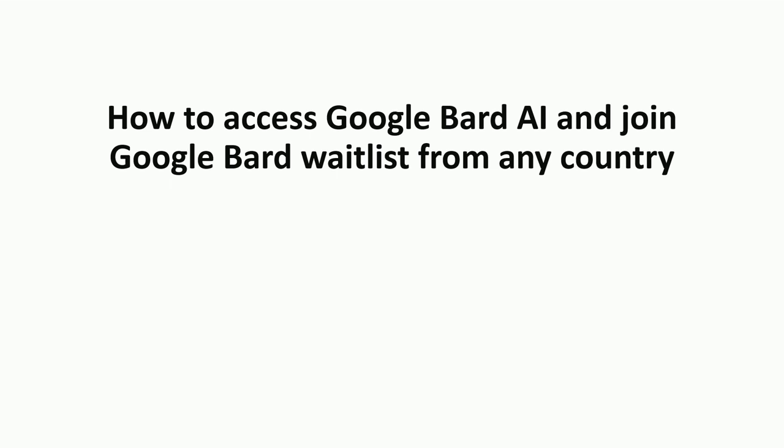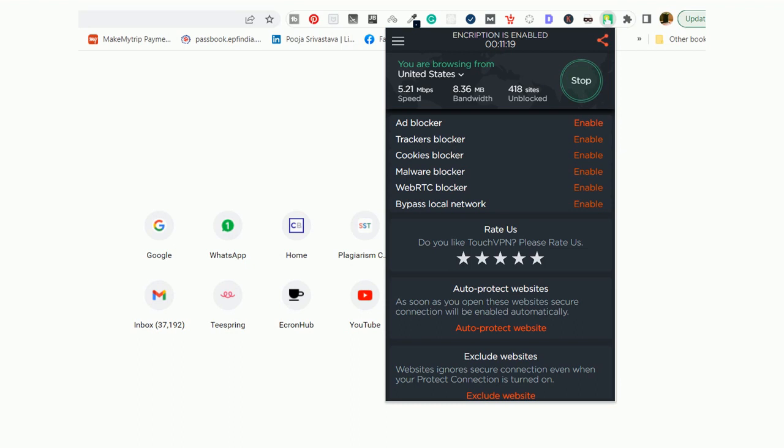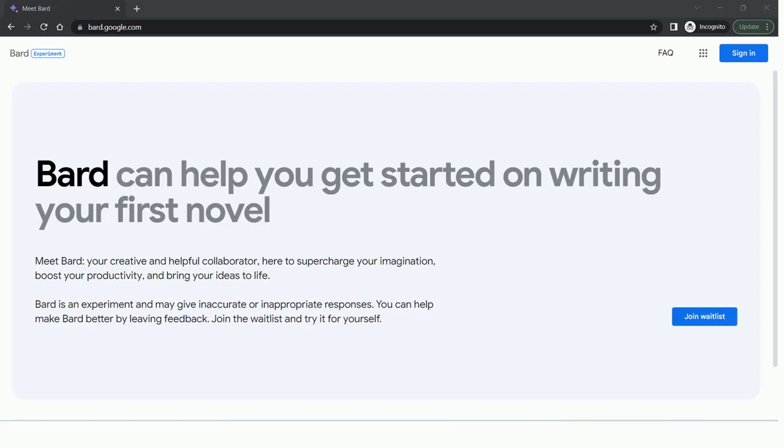your VPN access. So VPN access could be any kind of VPN access. I use this Touch VPN. Then it shows access from the United States. After that, I am able to access